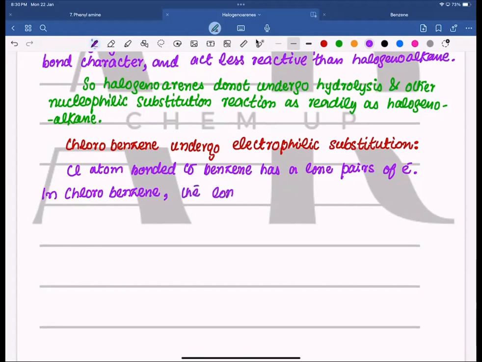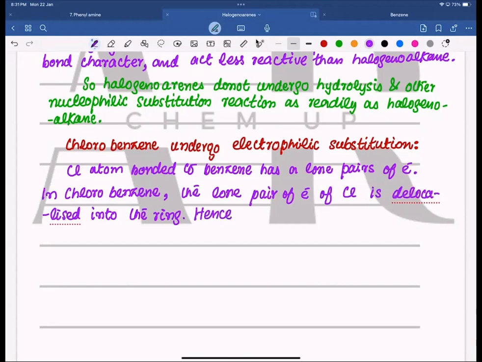The lone pair of electrons of chlorine is delocalized into the ring, hence in chlorobenzene